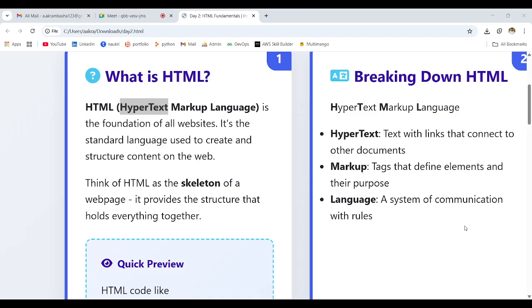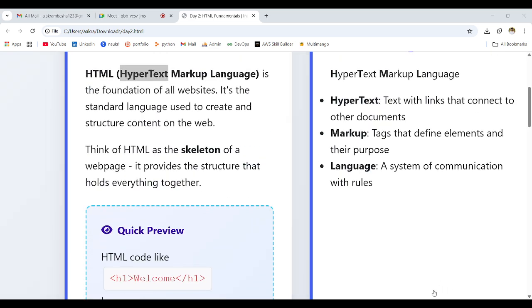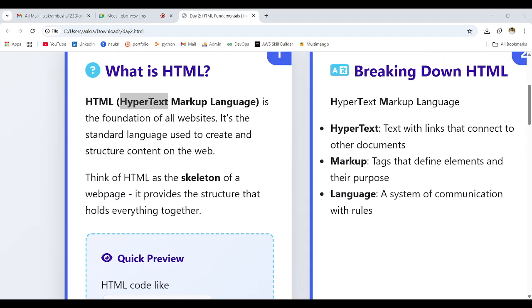Hypertext is nothing but a clickable area, like a button is a clickable area. In that same format, hypertext means a clickable area, where you can see, when I place the mouse on this particular mic symbol, this is a clickable area. The term hypertext refers to a clickable area. Okay,